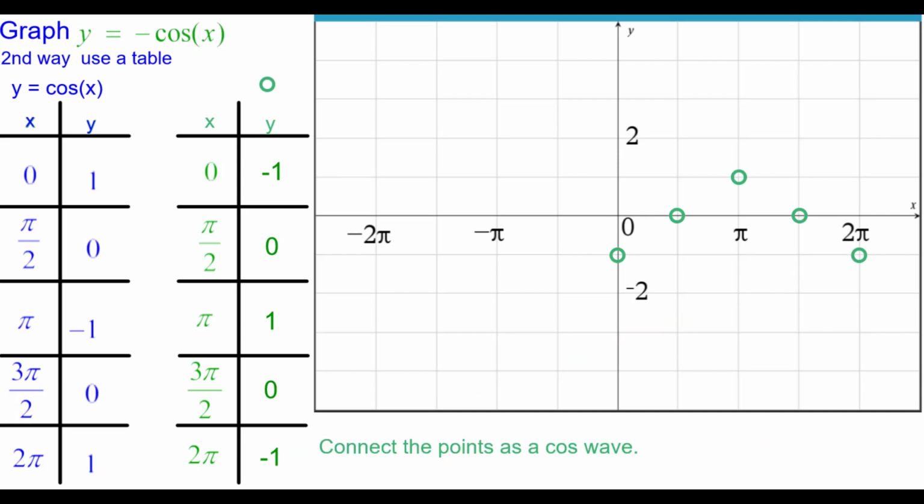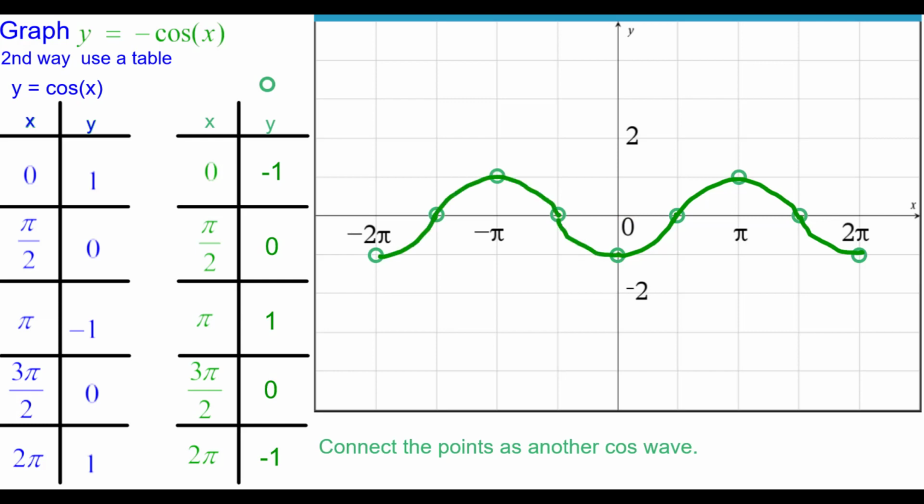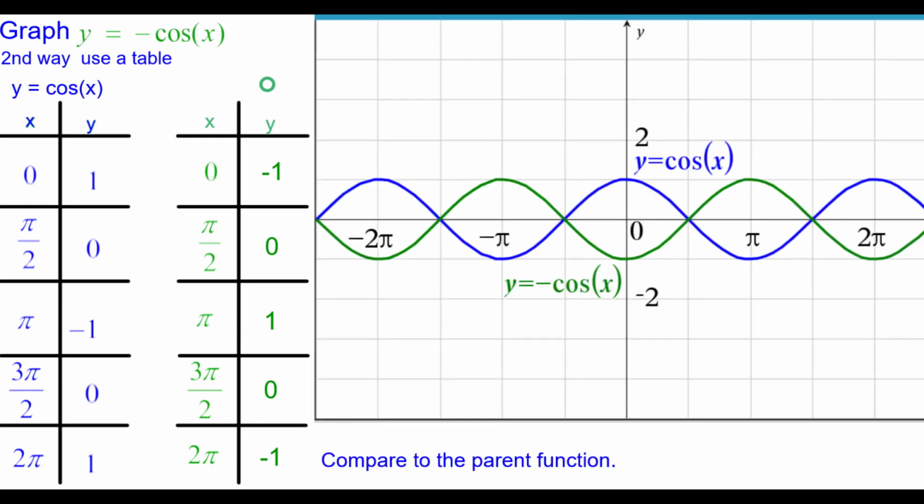We'll go ahead and connect the points as a cosine wave. Half of a smile, entire frown, half of a smile. And this is one period. Let's plot another one to the left using the period 2 pi, going back 2 pi to the left for each one of those points, and connect as another cosine wave. And comparing that to the parent function in blue,